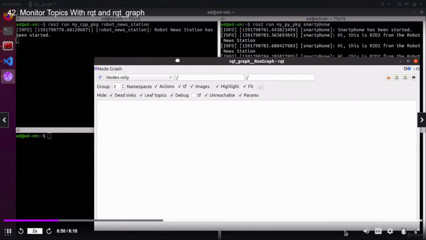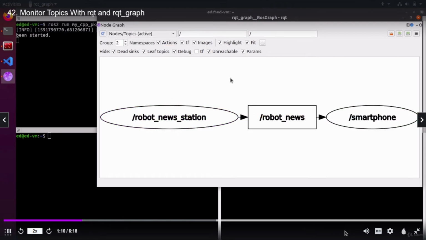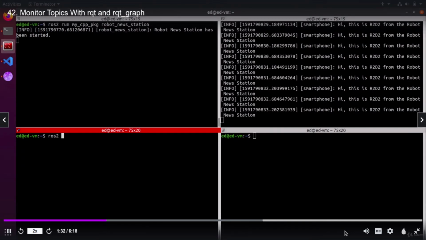We can now go to the rqt_graph here, refresh, and you see what's happening. We have the robot news station node, which is publishing on the robot_news topic, and the smartphone node is subscribing to the robot_news topic. You can change the view here. Okay, this is maybe better. So the topic, the square, is a topic, and this is a node. So this is publishing on that topic, and this is subscribing to that topic. And now let's experiment a little bit more to see what we can do with this graph. So we will start another publisher, ros2 run my